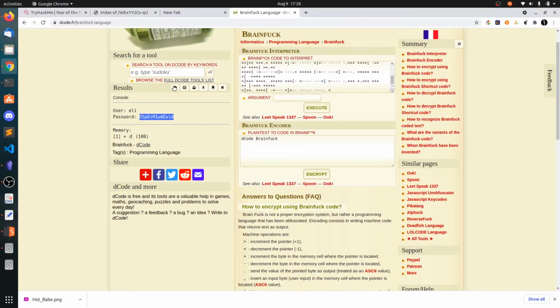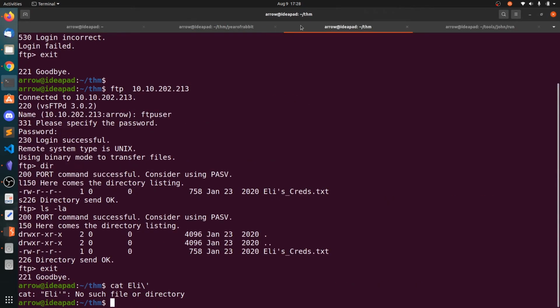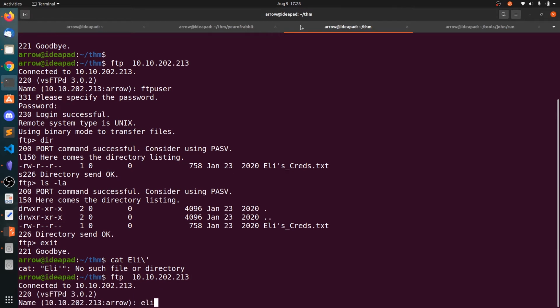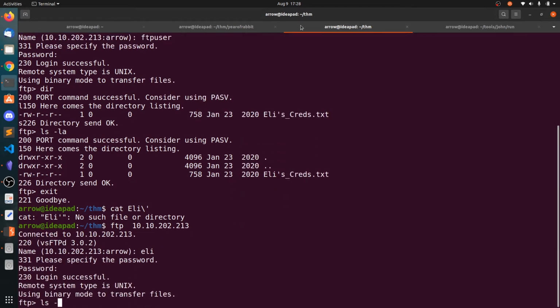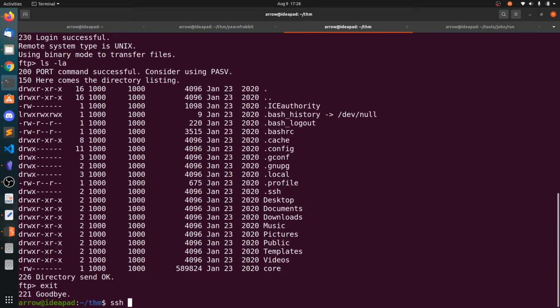Whenever you have one set of credentials, you try to log in to all the ports possible. First is FTP, with the user and the password. If I say ls -R, we get the normal directory. That means we can directly log in to SSH using the user at the IP address.